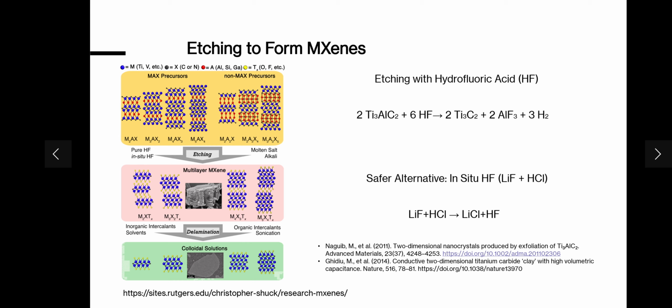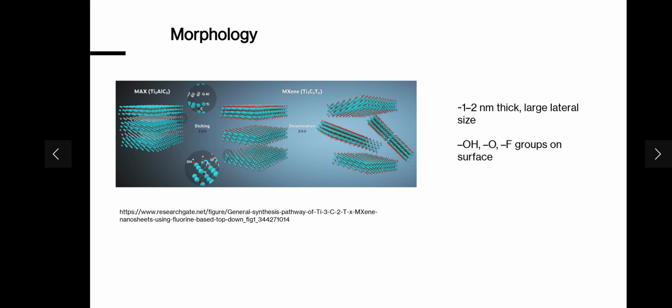The resulting titanium carbide MXene has tunable surface terminations and higher colloidal stability in water. The morphology of MXene has various thickness and sizes, but usually MXenes are thin 2D nanosheets. They're typically just around 1 to 2 nanometers thick for single layers. This corresponds to the thickness of 1 unit of MXene, so